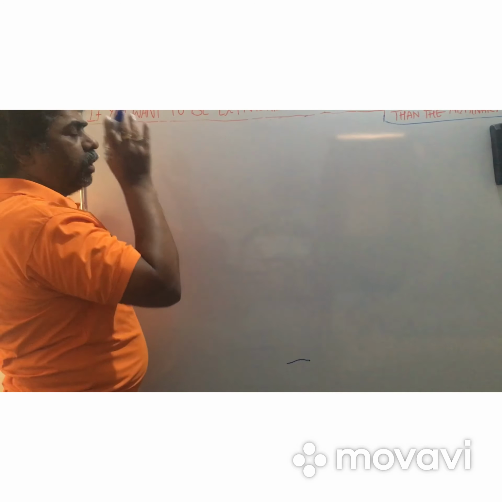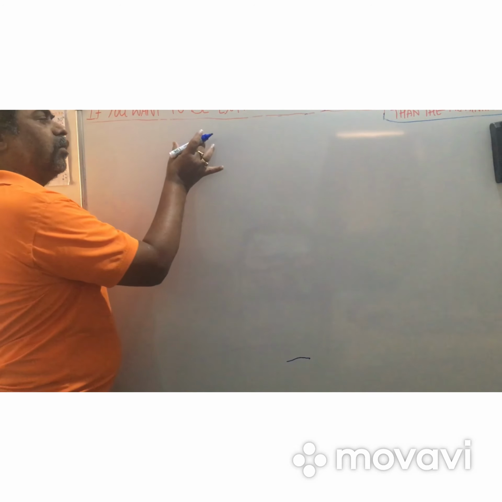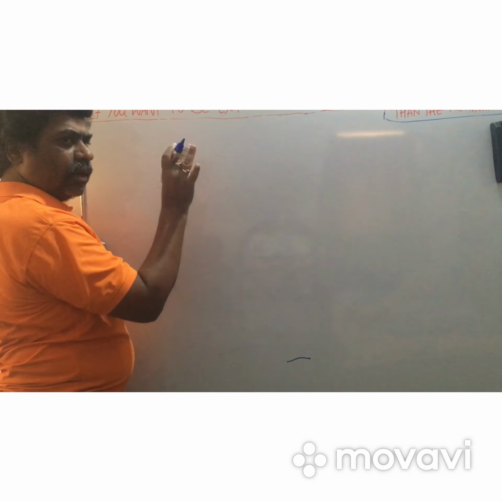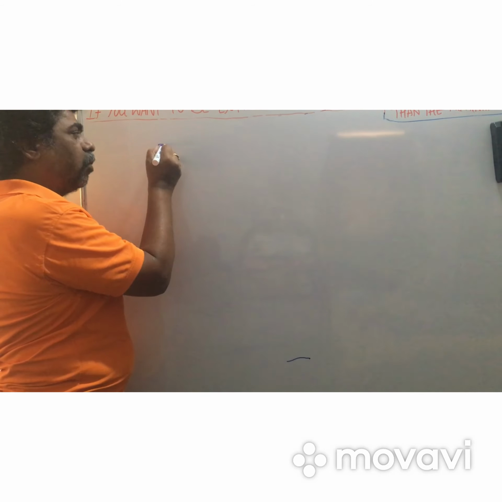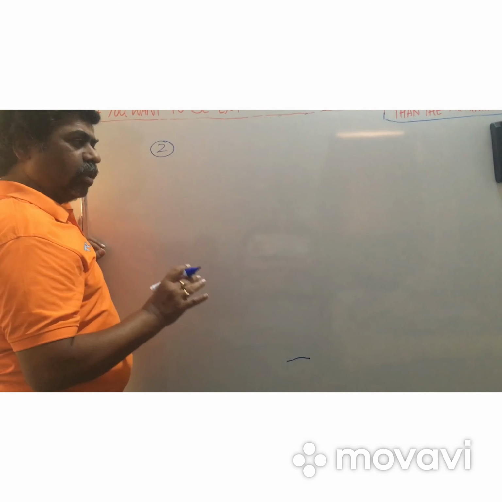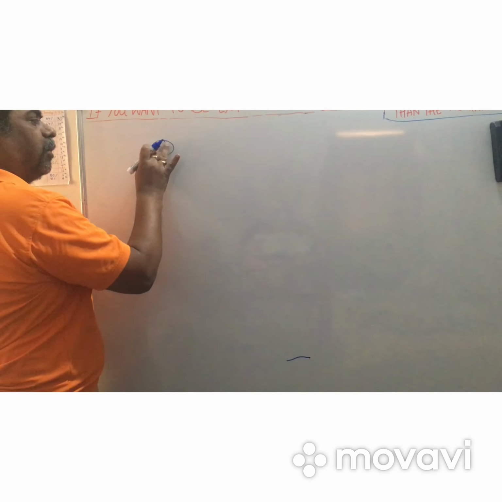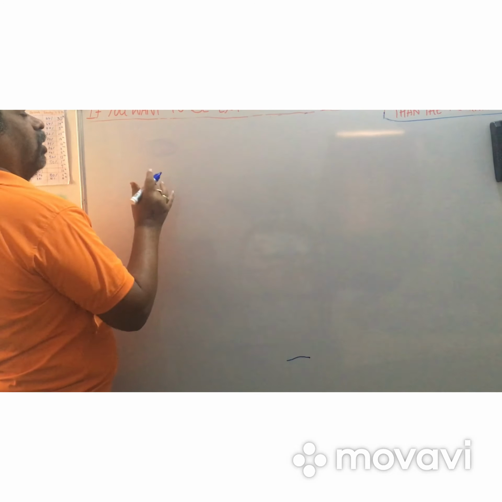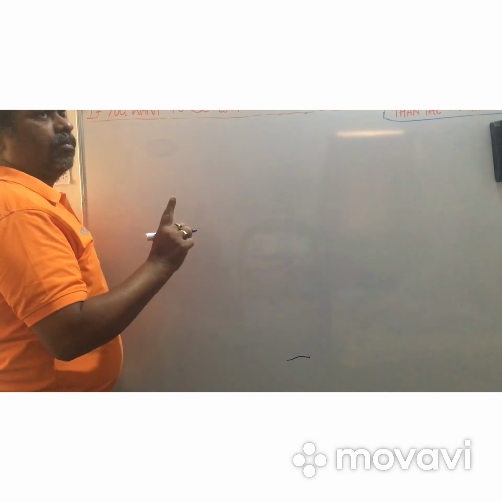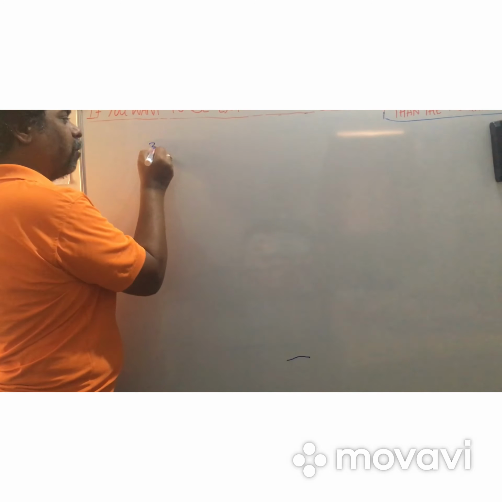Yesterday I told you about the factors affecting vapor pressure. The first point is the nature of liquids, which I explained clearly yesterday. The second point is the surface area of the liquid, which I also explained clearly in the last class. The third, temperature, was covered incompletely. From temperature onwards you have to learn the factors affecting vapor pressure: first the nature of the liquid, second the surface area, third the temperature.